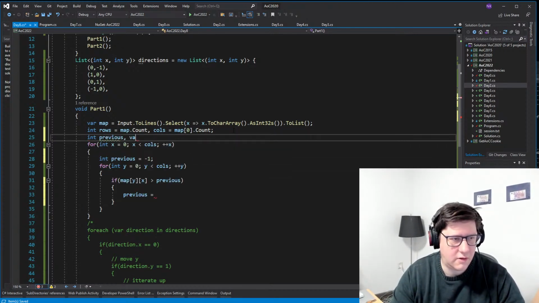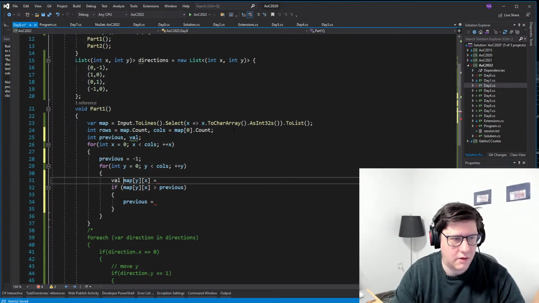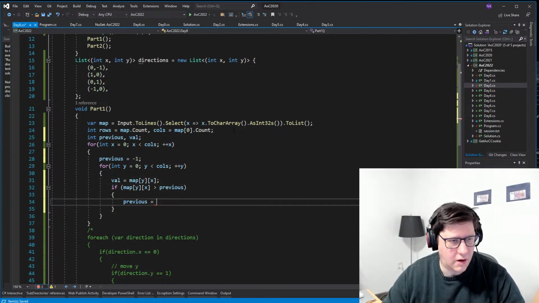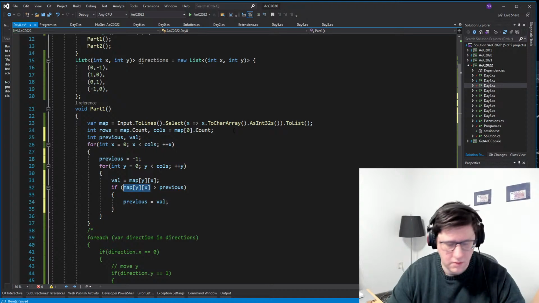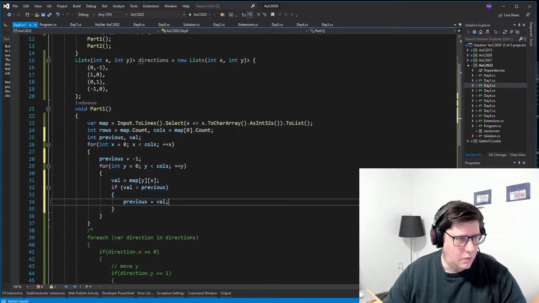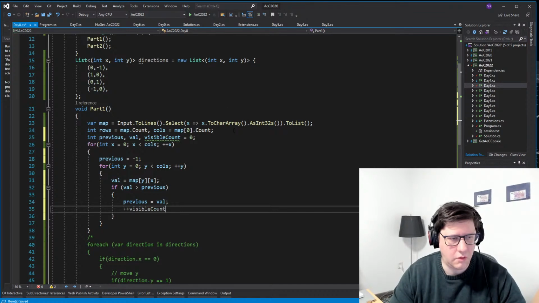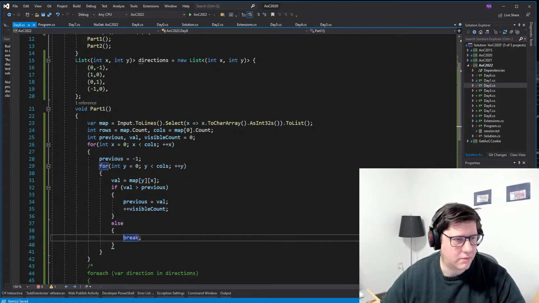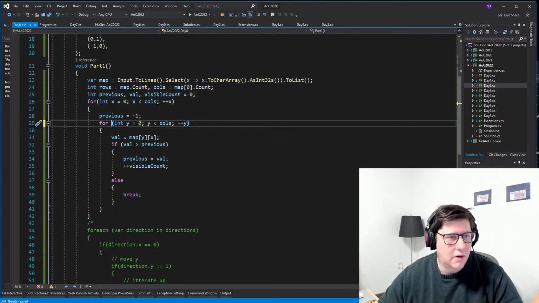Int previous val, we set previous, we do val is this. If it's larger than previous, previous becomes val. And we increment the visible count, which starts at 0. We increment visible count, else we break and move to the next one. Okay, so that is one direction, and then we need to do this